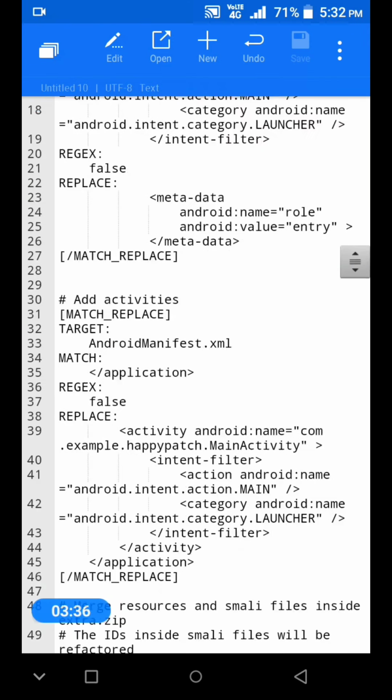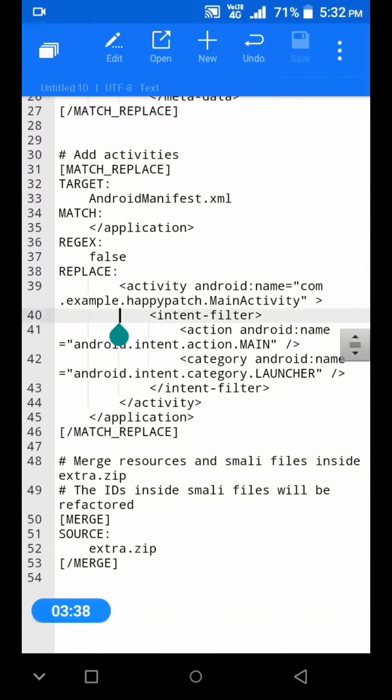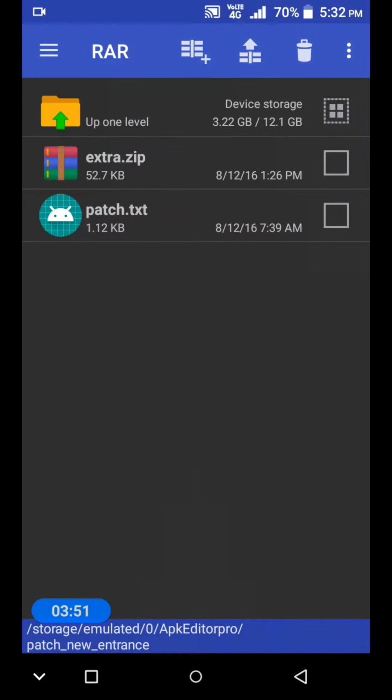If you want to create with another package name, then you have to change it here. You can see com.example.happypatch. For example, if you have created com.dhanush.kumar, then you should write com.dhanush.kumar. And not main activity; here it is main activity, but you can name the activity which is the main one in your file.